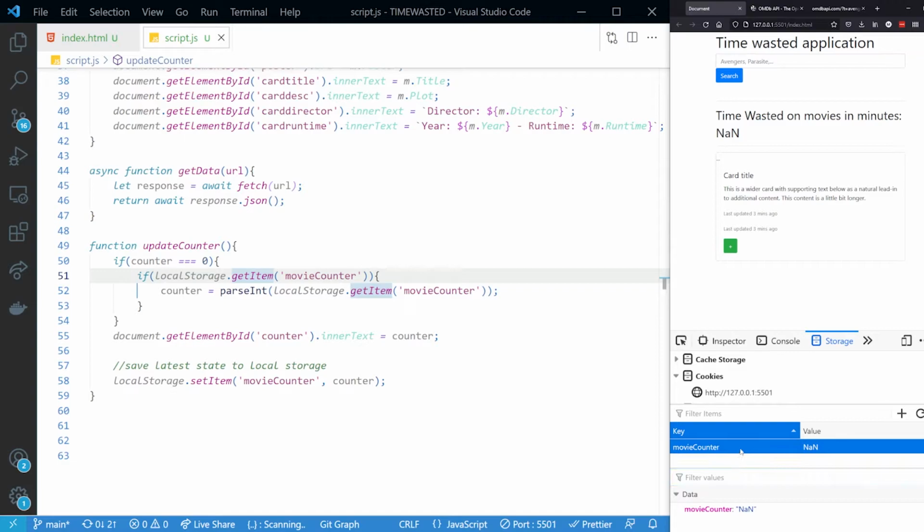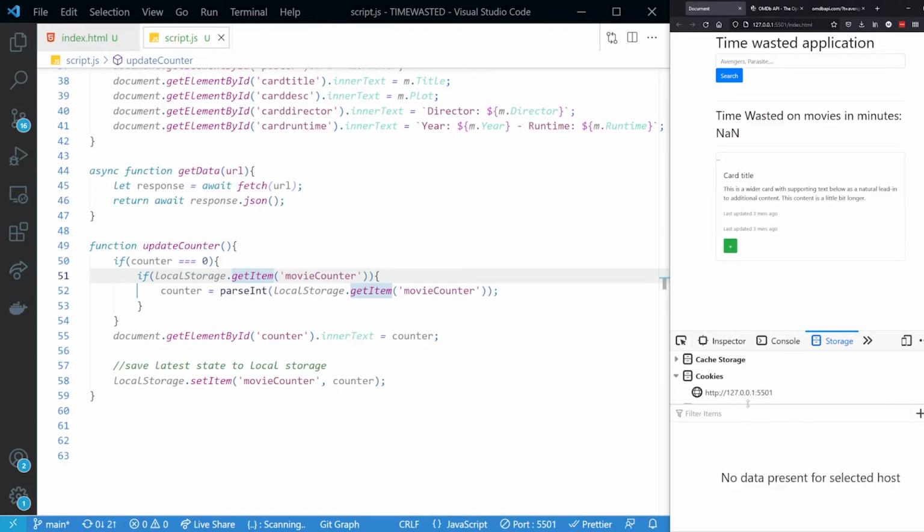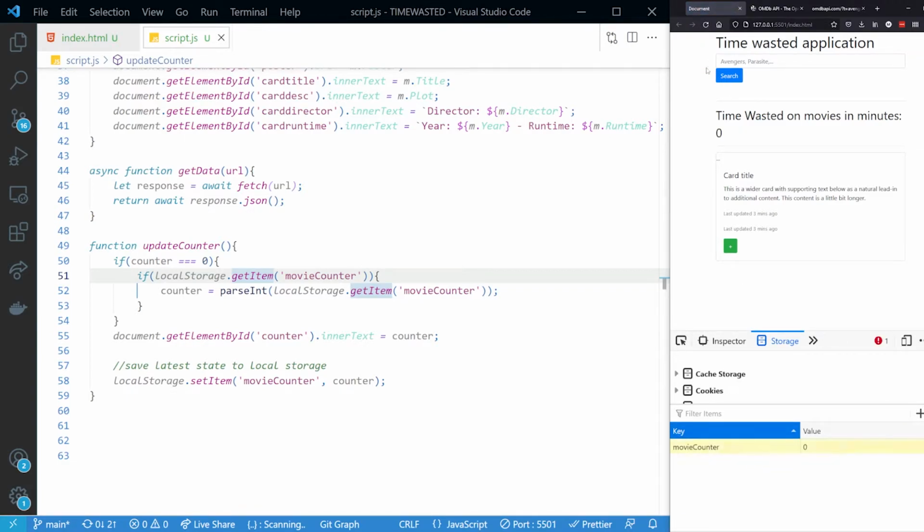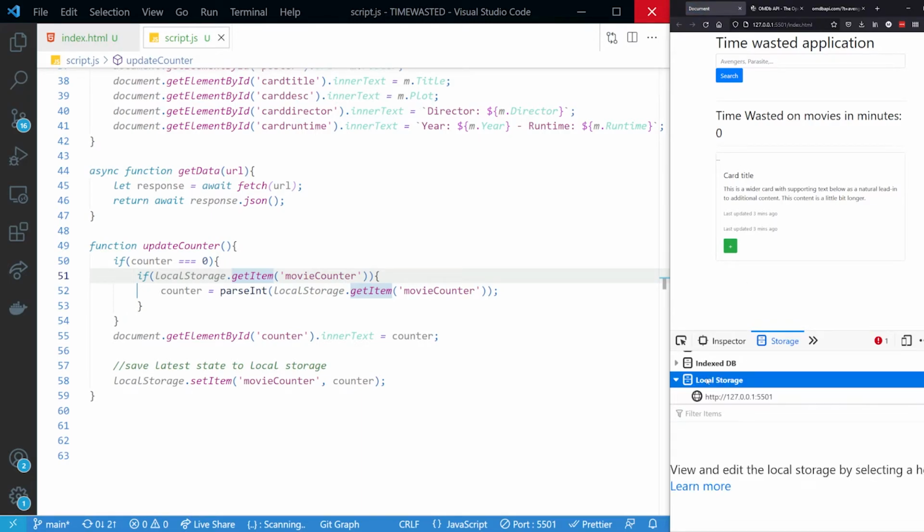I'm gonna clear our storage. Wow, no storage. Let's refresh. 0. Okay, that's perfect. I'm just gonna refresh again. 0. So it stays 0 now. Perfect. And I think it's also in my storage, movie counter 0. Now, if I do Inception,